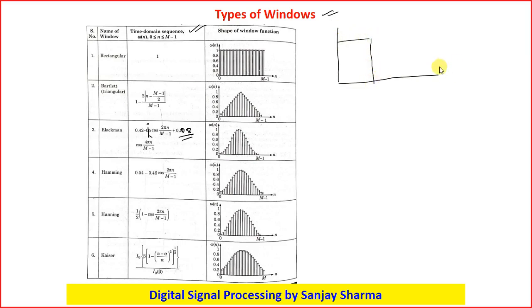Sir, actually, it is generally used to modify the impulse response in an FIR filter to reduce the ripples in the passband or the stop band. Yes, exactly, to reduce the ripples in the passband and stop band. Good. So suppose you are having this low pass filter.